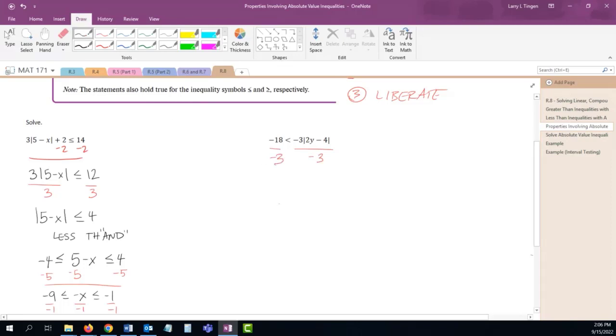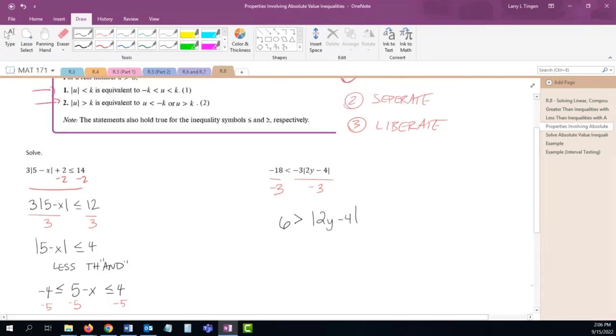Okay, -18 divided by -3 is +6. The inequality changes direction because I divided by a negative. -3 divided by -3 is 1. Absolute value, 2y minus 4. Now,